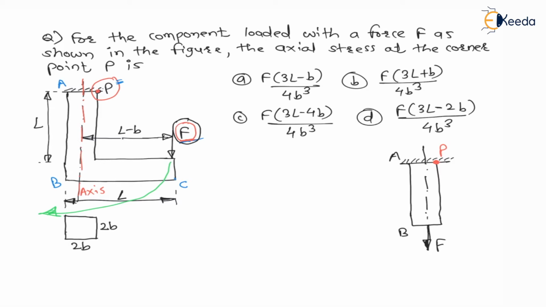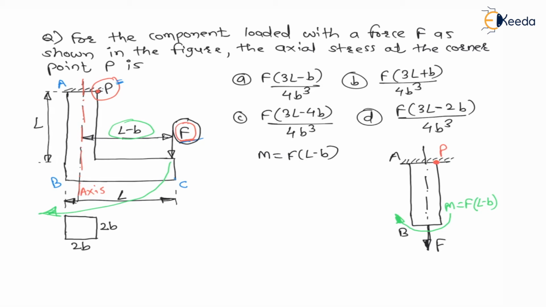This force EF is creating moment in clockwise direction or not, and what is the distance? Moment is nothing but force into perpendicular distance, therefore moment created by this force is in clockwise direction like this, and this moment is nothing but force into perpendicular distance, and perpendicular distance is eccentricity, L minus B. L minus B means here the moment is EF times (L minus B), and force EF is acting as a tensile force on element AB. Now what is the given data? Moment acting on the element M is nothing but EF times (L minus B). This is the moment acting on the element.